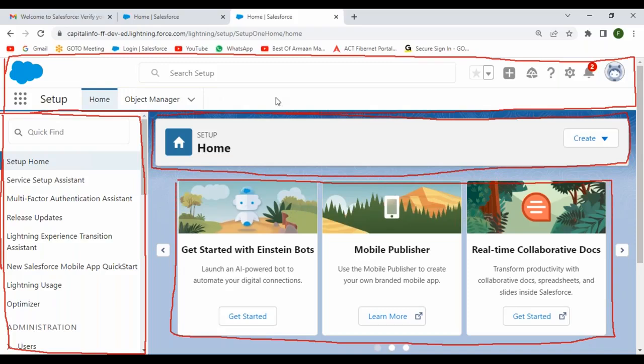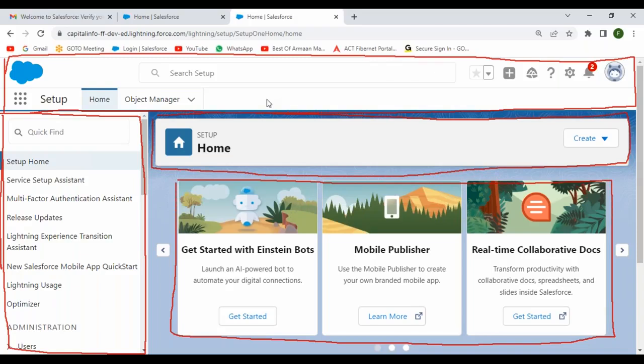As part of this Lightning Experience, what kind of benefits are available? Lightning Experience provides more attractive user interfaces, so that people can use this user interface, which provides some attractive options to the people. Now, the second one: Lightning Experience is purely built upon a component-based framework, which provides faster performance than classic